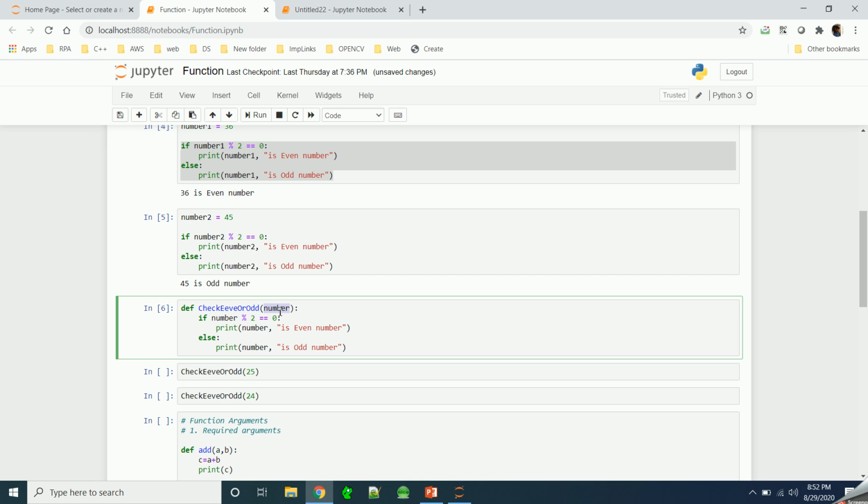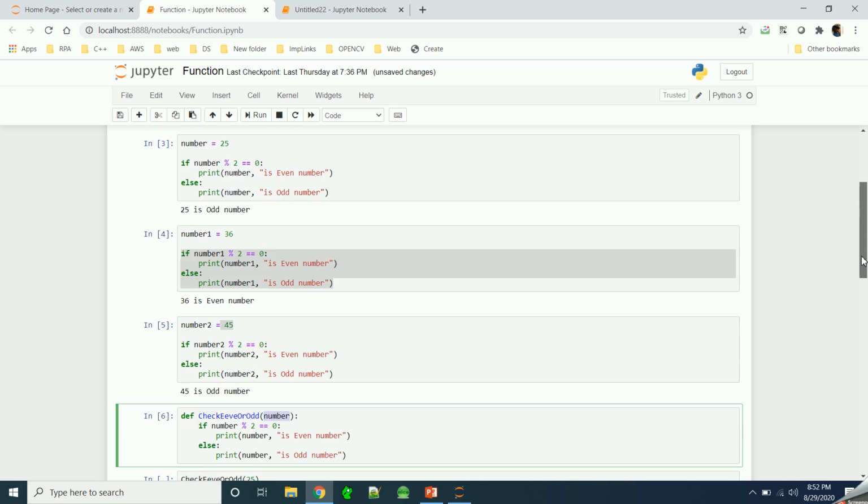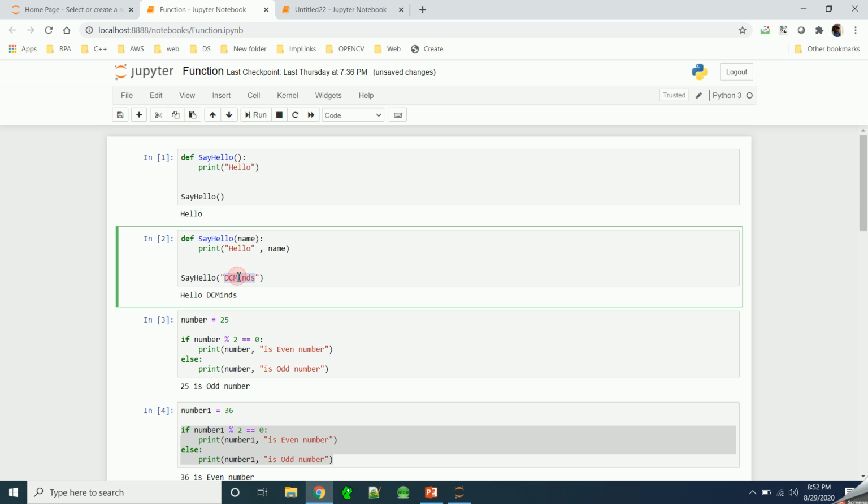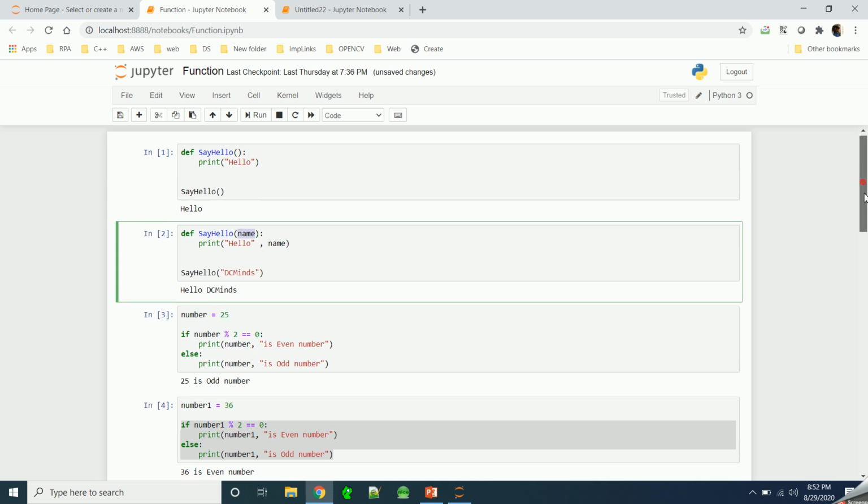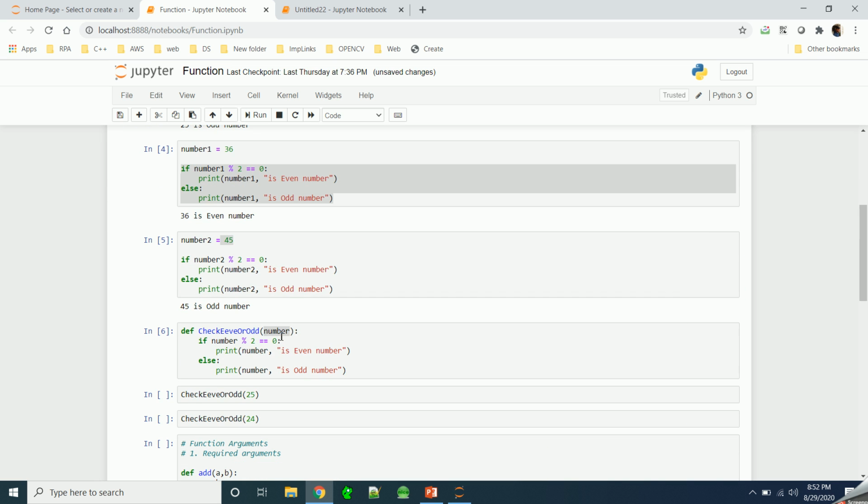Here you don't have to define the type of value, like integer. The type will automatically be derived based on the value passed. In this case, if we pass a string, it will be treated as a string type, but if we pass a number, it will be considered an integer.